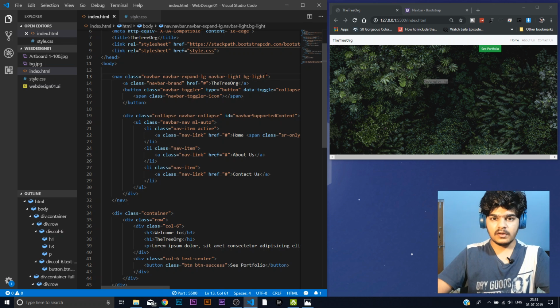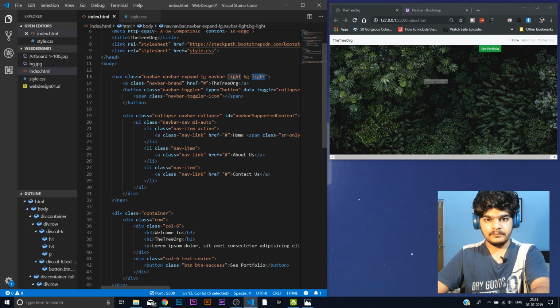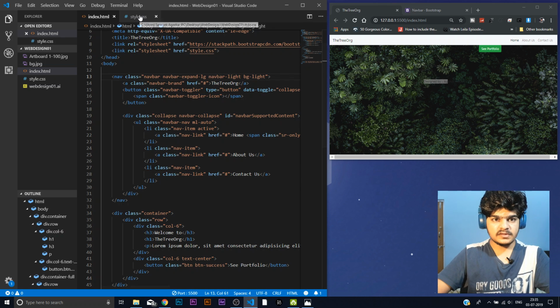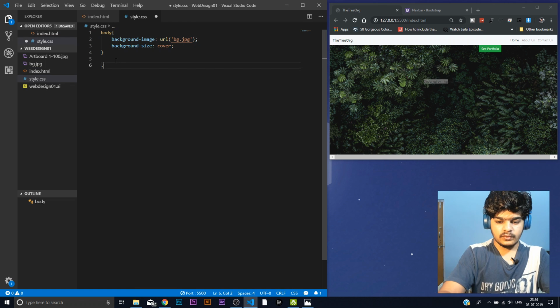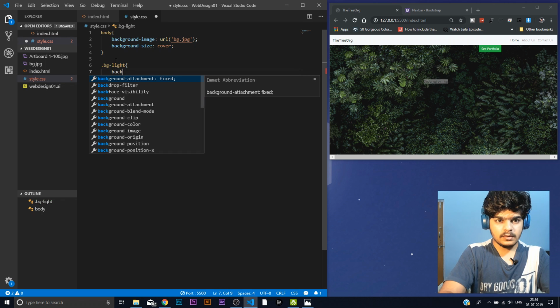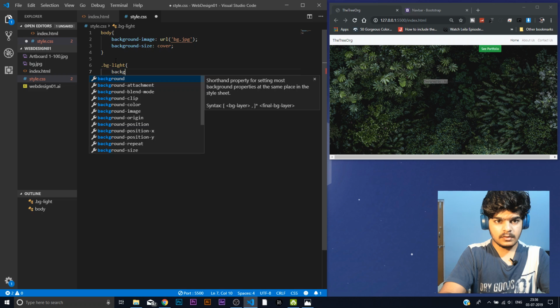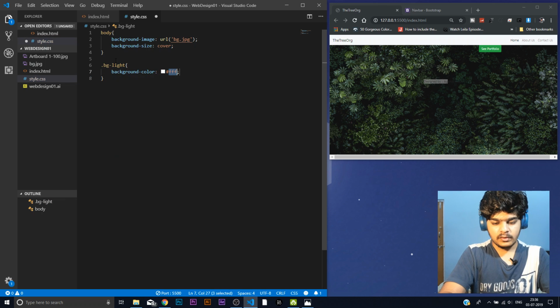We don't want any of them, or maybe we're just going to change the styling for that. So bg-light, background-color, some green,